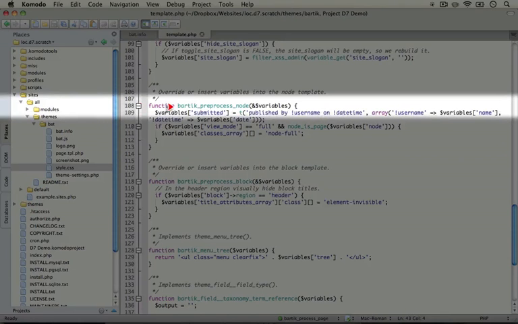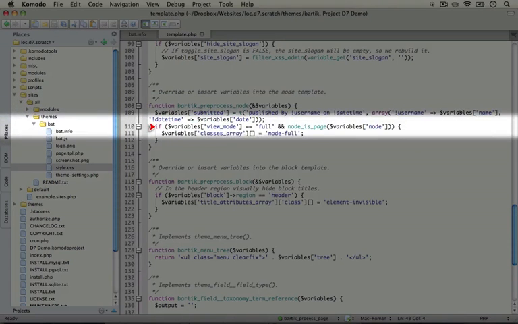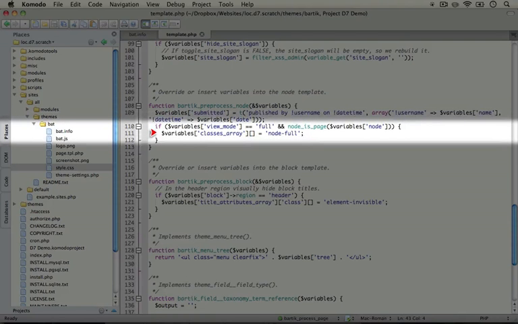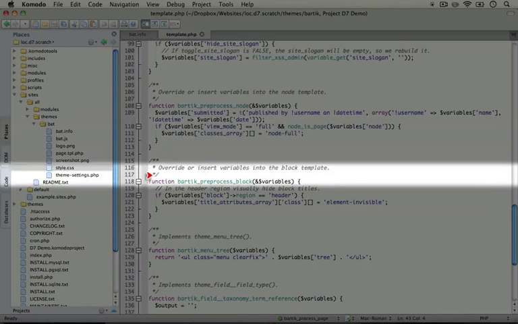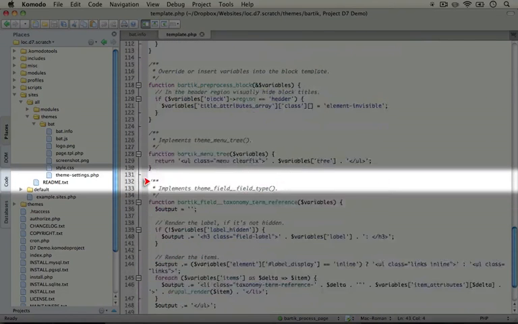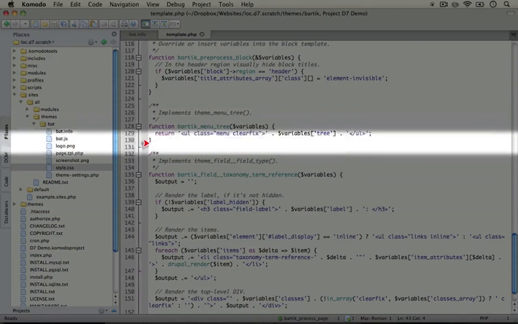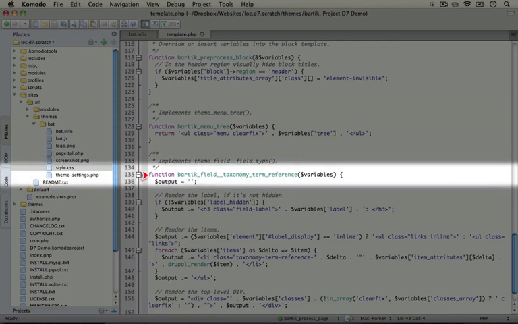Bartik preprocess node will happen before a node template is rendered. So this is anytime a node is embedded on a page. And it's restructuring the submitted structure that displays typically under the title of a node. And then if particular criteria are met, an additional class is added to the body tag. We have a pre-processing function for blocks. And as we scroll down, we have our two theming functions that are overrides of menu tree and taxonomy term reference. Okay,